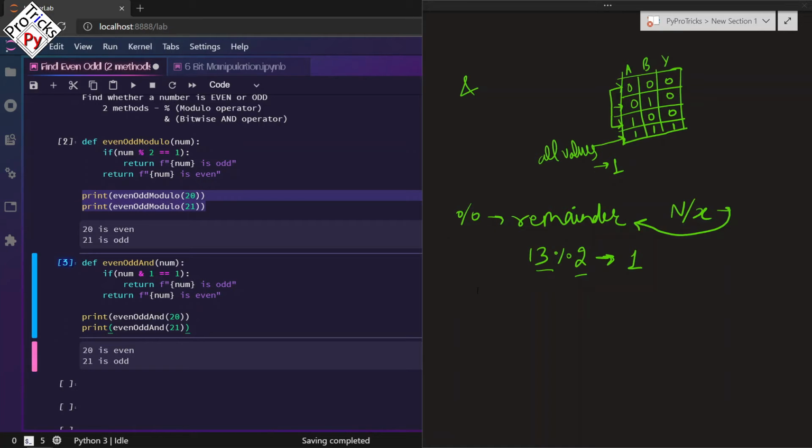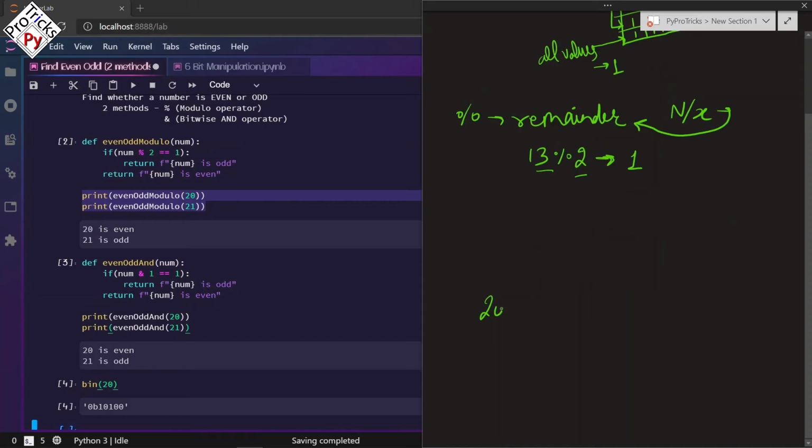Let us see how this AND operator is working now. First of all, let me find out the binary of 20. The binary of 20 is 10100. So we are inputting 20 as the number and it is 10100, and we are doing the AND of it with 1.